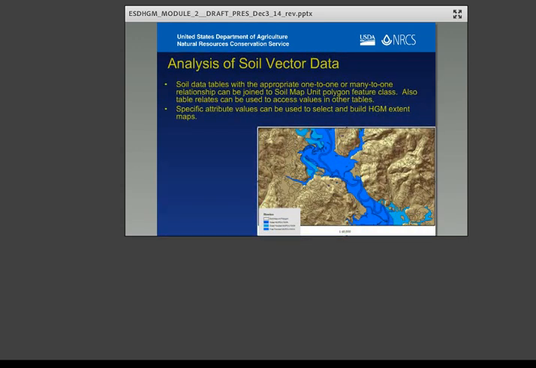For other analysis, just simple queries can also be made if needed, for just some simple values that are available in the attribute tables related to the soils data that can be joined or related to. In this case, we're looking at the flood frequency, the frequently flooded and occasionally flooded, and then the water